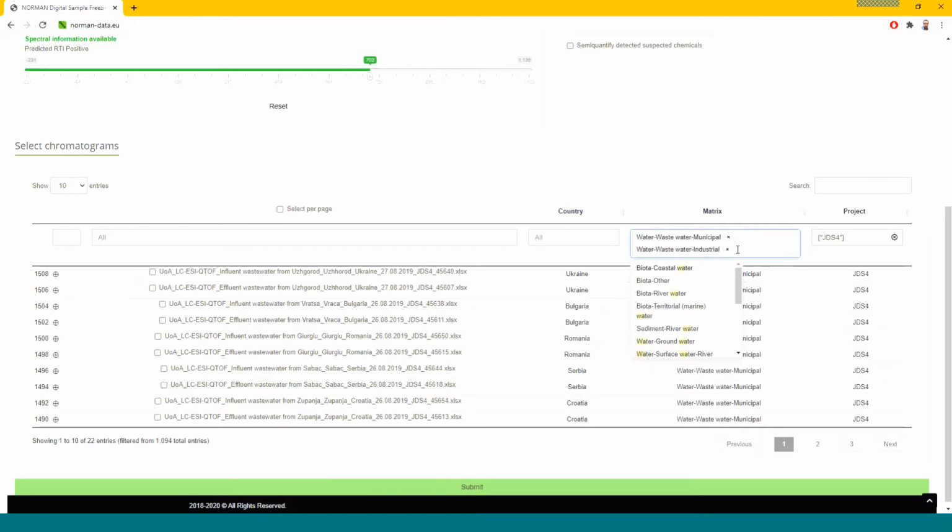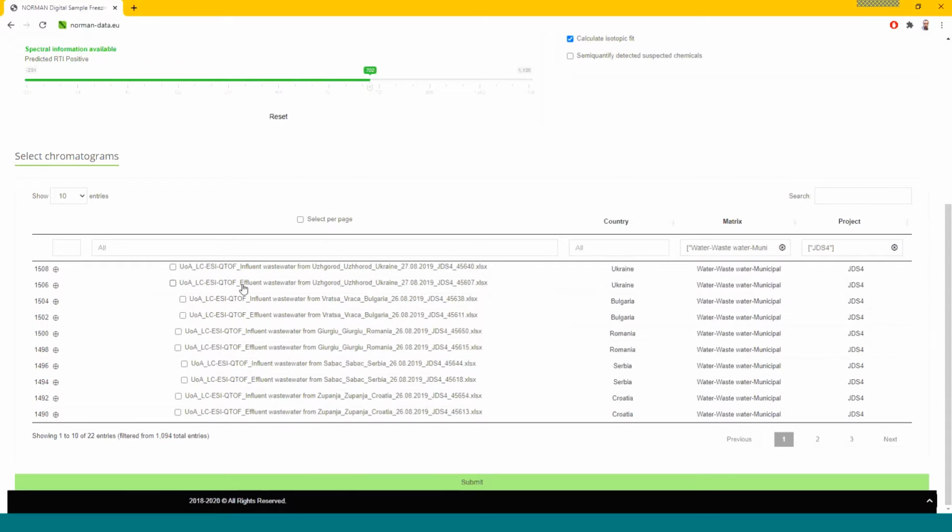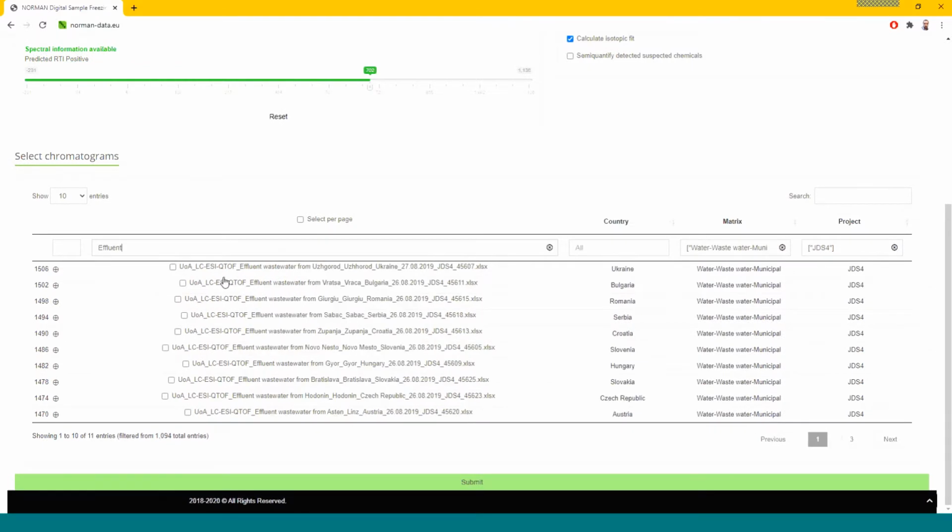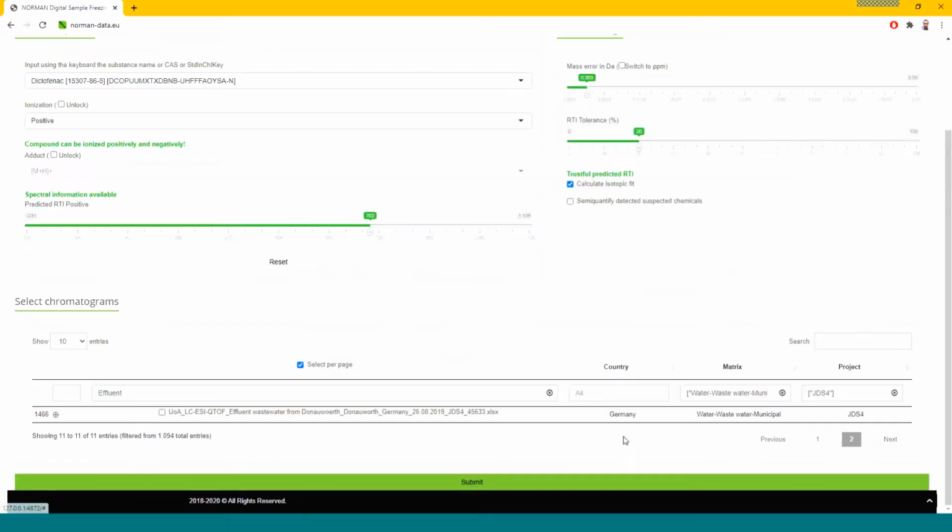Moreover, we will filter the results using the keyword effluent. Eleven chromatograms, 11 entries will appear, and we will select them. And click Submit.